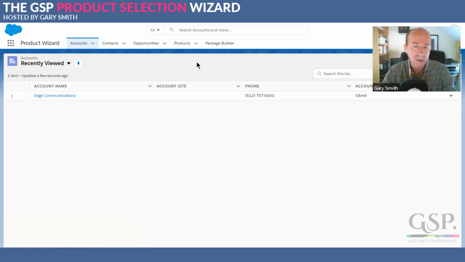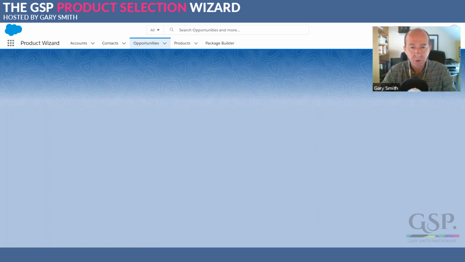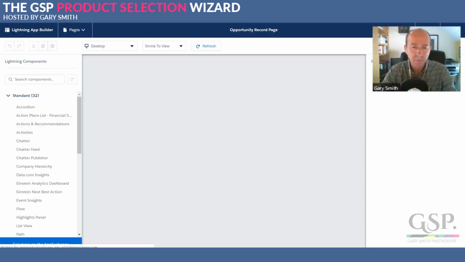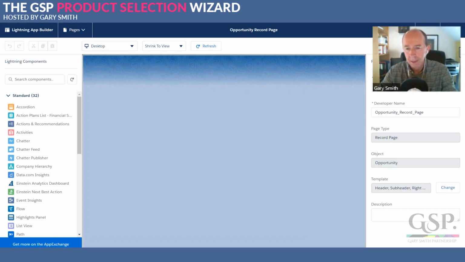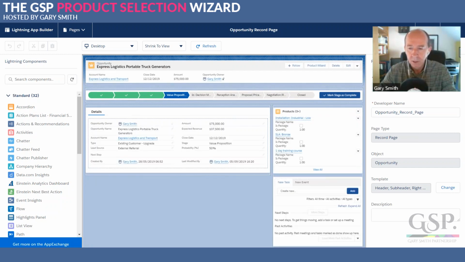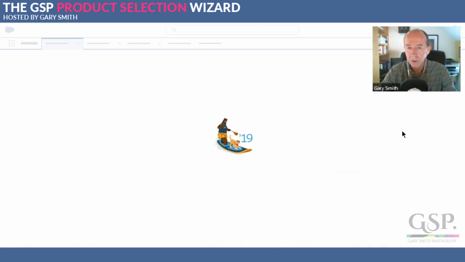The key thing really is to go to the opportunities page, go to an opportunity, and the easiest thing to do is just click on the cog there, go and edit the page, and you want to get at the page layout editor. The easiest way to do that is, you see in the middle here, this is highlighted, just click somewhere in the middle. In this environment, I've got three or four different page layouts. You can see the one I happen to be looking at here. Just click on that opportunity. This is just standard